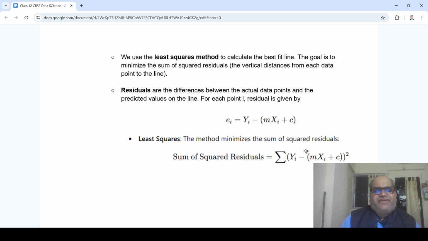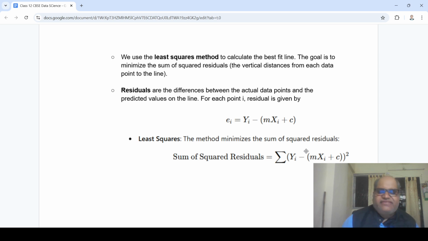But maybe the actual price could be a little more or a little less than that. So if you take the predicted value based on this m and c, and subtract it from the actual, you get the residual. And if you do the square sum of it,